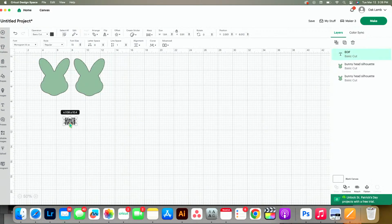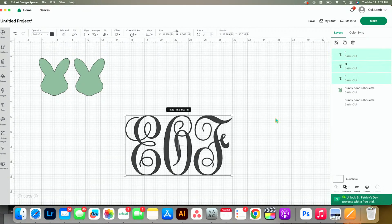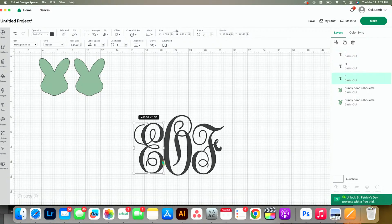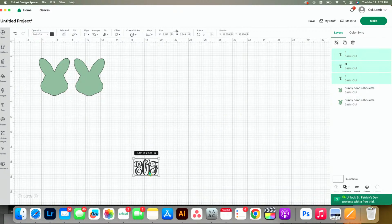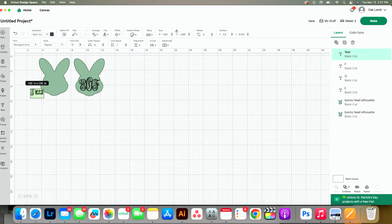Super easy, super beautiful. All you want to do is ungroup and make the E and the F a little bit smaller. Bring them in pretty close. Kind of like that. That is so easy. And then you would just size it, attach it together, place it on your hat like this. Very cute. The other one that I really like is